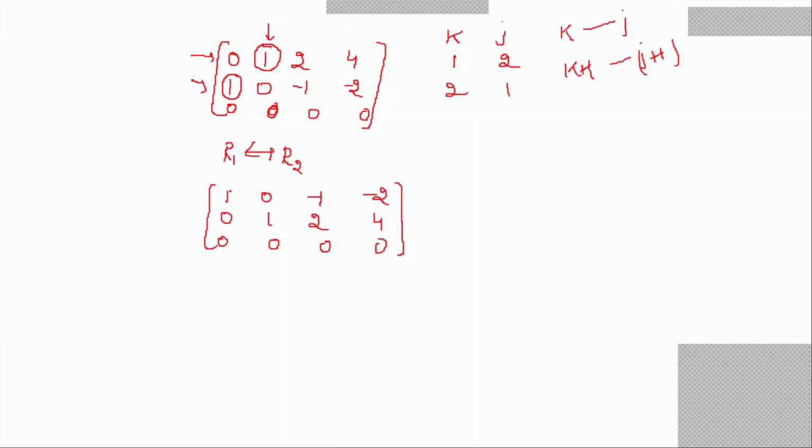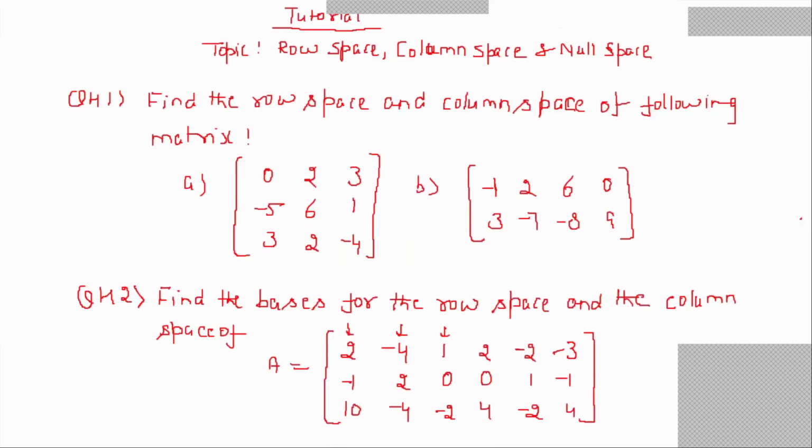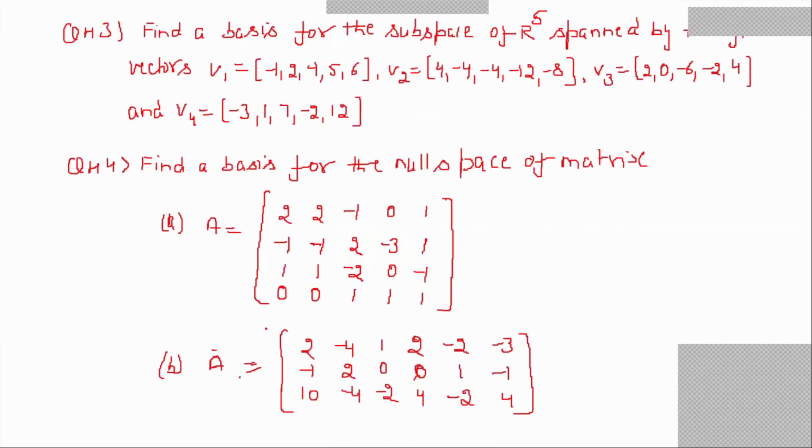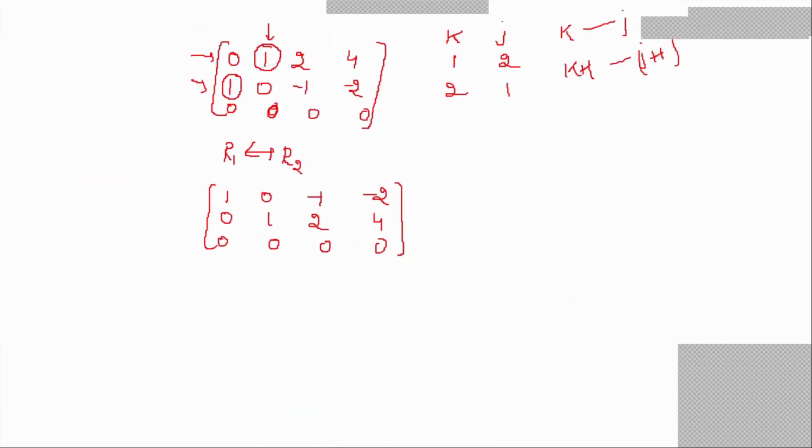Similarly, you have to convert the matrix in question number 2 to a row echelon form first. How to convert? By using the elementary row operations or transformations. So convert this into a row echelon form. As you convert into a row echelon form, suppose in this example this A matrix is given to you, and after elementary row transformations you will get this row echelon form. So this is the row echelon form of the A matrix.